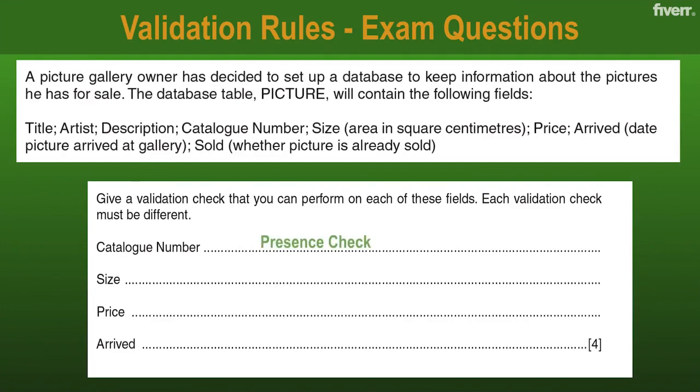So the first one is the catalog number. That is a primary key, and as I mentioned in the previous one, I would just instantly put the presence check in this one because a primary key cannot be blank. So it's the easiest one to use presence check for. Next is size. So I would make that into a type check, because the size needs to be numeric. Specifically, it is in square centimeters. It must be a number. So I would use that for type because when it comes to these